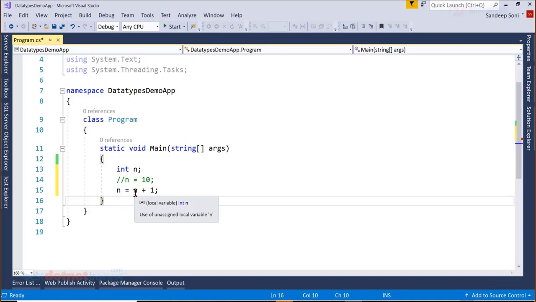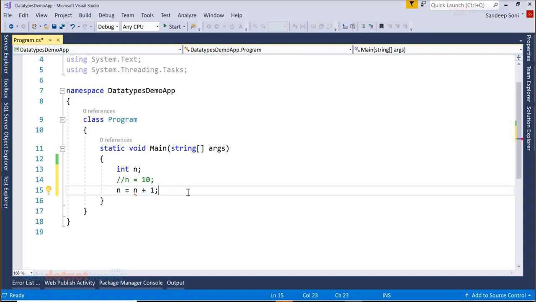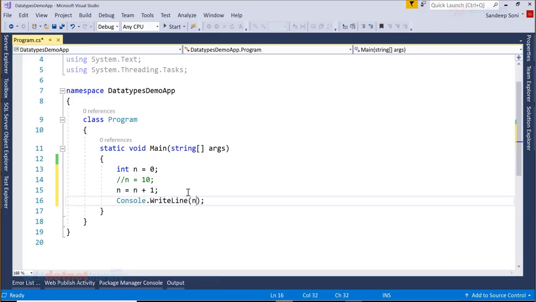If a local variable is not initialized and used in an expression, remember it is a compilation error. Why should we initialize this? It's a rule. Why is it a rule? The person who wrote the language knows, I also will not know. So just follow, that's all. I will initialize it. Then this will work. I can now print the value of n.